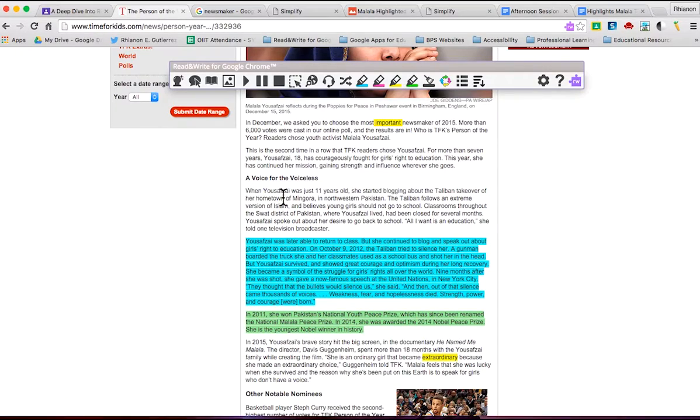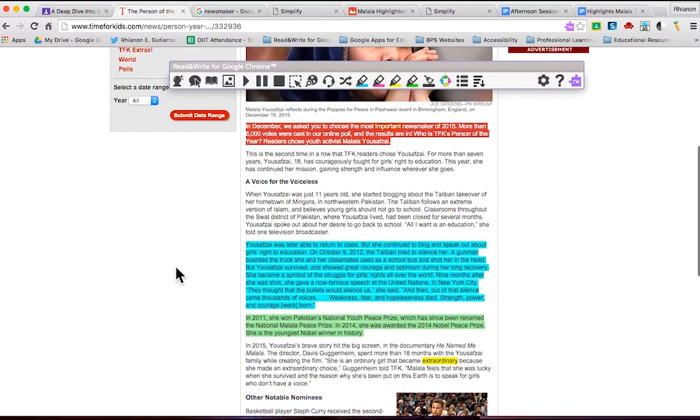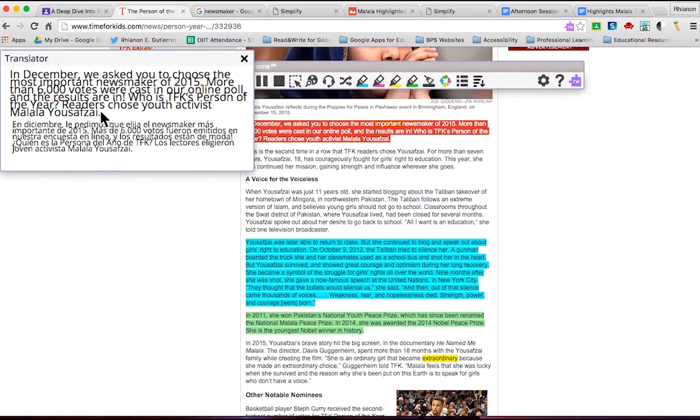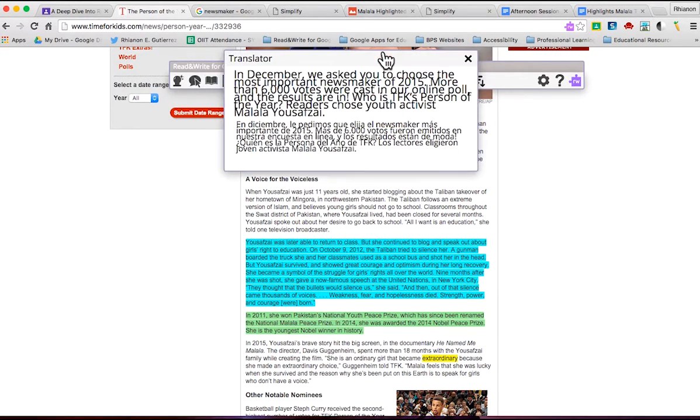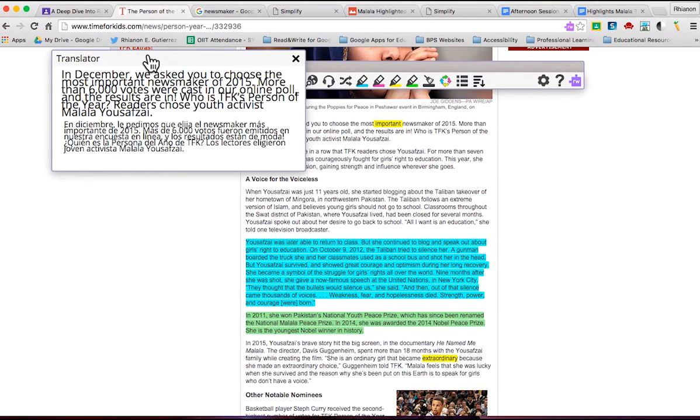So the Time Person of the Year article looks a little bit different than how it might look in a Google Doc. So let's just go back to the article and Time and highlight the first passage and click on Translate. There we go. We have the English version, which is the original version, and the Spanish version. The accuracy of this can be fairly good. It's up to you to decide, but I think that this is also a really good starting point.